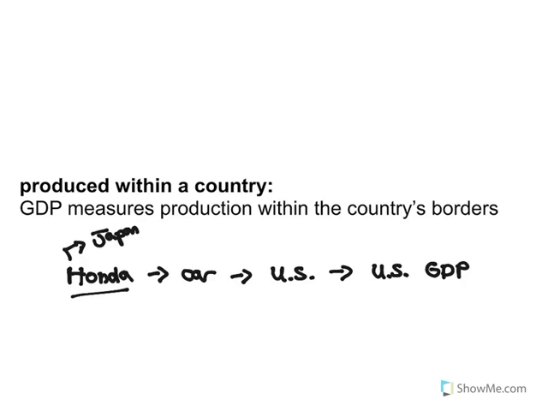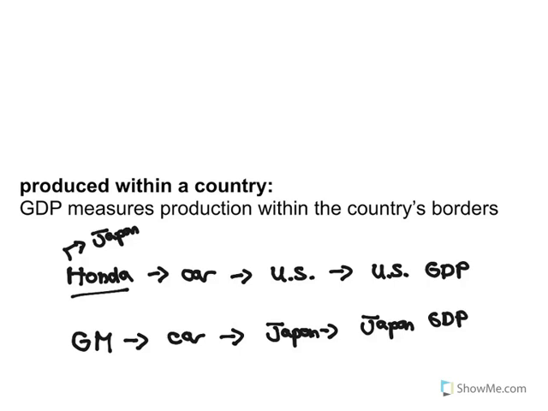And the opposite would also be true. So, for example, if you have an American company like GM, and let's say they make a car, and that car is made in Japan, then guess what? It would be included in Japan's GDP. And so you just have to be careful because sometimes students get confused because they want to think about where or what country the producer's from. That doesn't matter. All that matters is where is it being made? Where is it actually being produced? Whatever country can claim that it's being produced there, that is who gets the credit or gets the value that